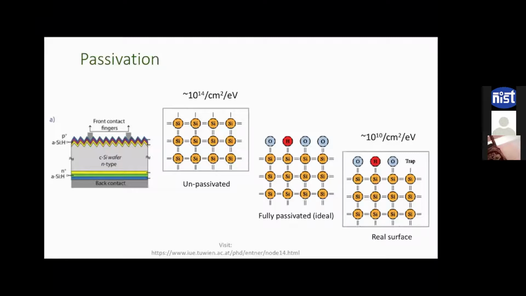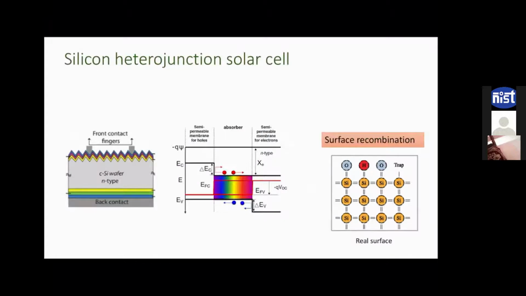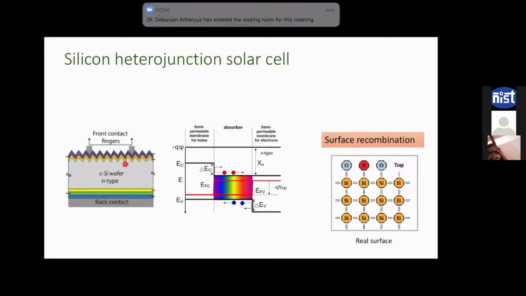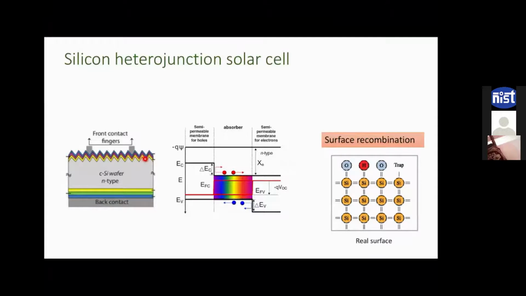So now if we go back to our requirement, it is obvious that when we are talking about silicon heterojunction solar cells, other than having suitable conduction and valence band offset, another requirement is that the heterojunction material needs to passivate all the dangling bonds or defect states sitting at the crystalline silicon surface. Otherwise, the photogenerated carriers inside your crystalline silicon wafer will get recombined and you will not get a decent solar cell output.